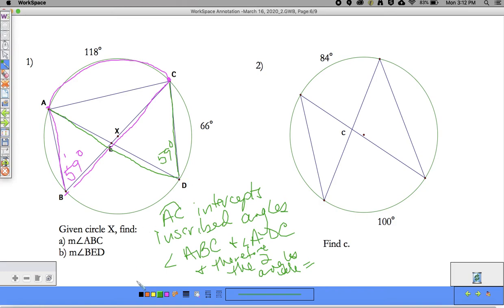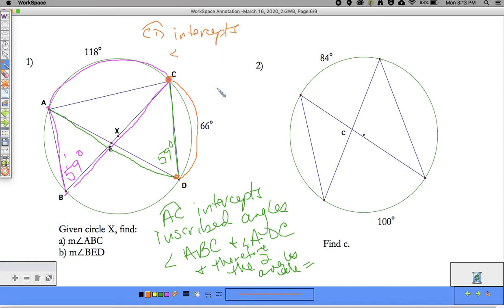If you notice, look, there's another arc over here that is 66 degrees. Again, can you go ahead and find out what inscribed angle that intercepts? So again, you're going to take your 2 points, point here, and travel along your chords to see what angle it intercepts. So we can say that CD intercepts